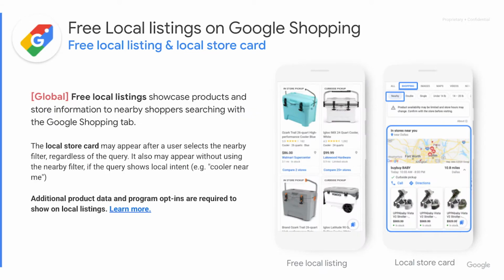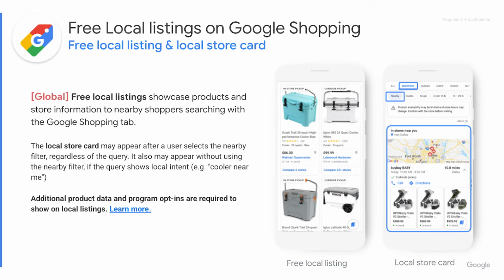And finally, we have local listings. Free local listings showcase products and store information to nearby shoppers searching within the Google Shopping tab. In the example on the right, a local store card may appear after a user selects a nearby filter, regardless of what their query is.